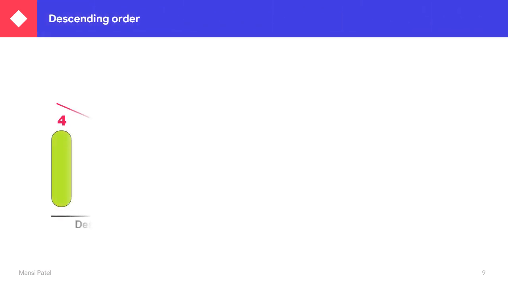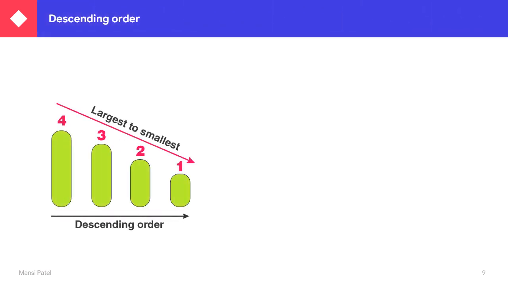See here, I am giving one chart for the decreasing order. Whenever we arrange the numbers in decreasing order, first we have to write down the biggest number and then move to the smallest number. So among these four, 1, 2, 3, 4, which one is the largest number that you have to write down first? 4 is the largest number, and then 3, then 2, and then 1. So in decreasing order, descending order, you have to write down the largest number first and then move to the smallest number.